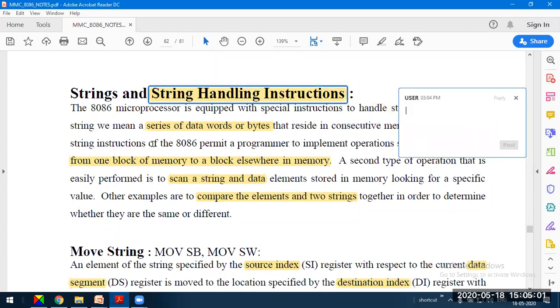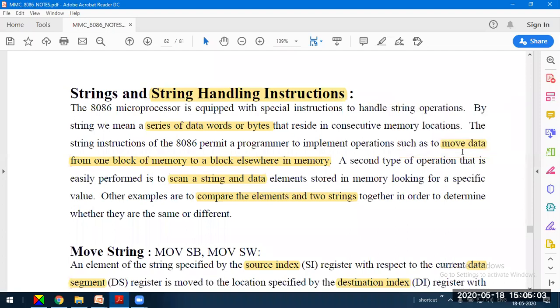The string instructions of the 8086 permit the programmer to implement operations such as move data, that is, transfer data from one block of memory to another block of memory. That is a continuous blockwise data transfer.